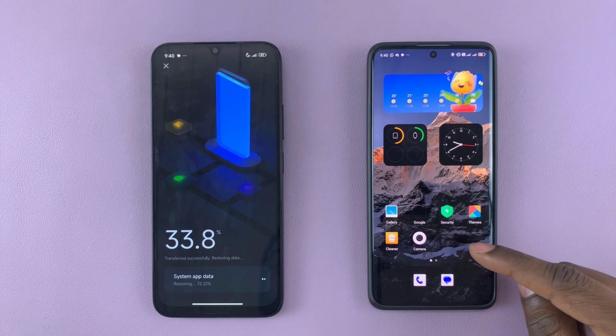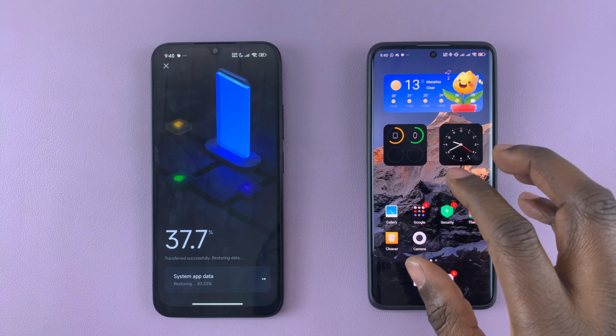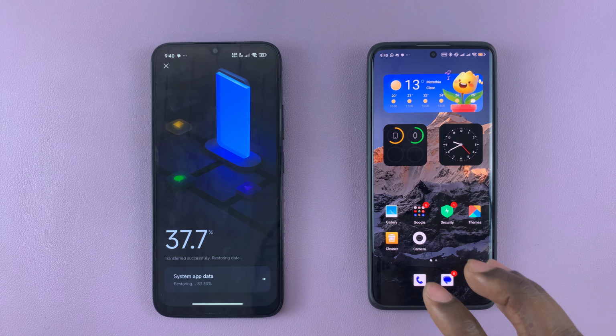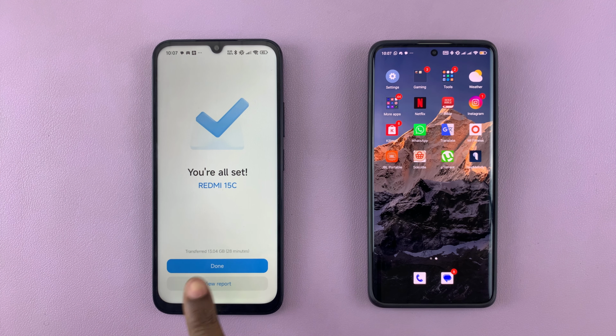Now once done, you should see the done option. Sorry, I tapped it quickly. So you can tap on done, and now all the data will be successfully transferred from your old phone to your new phone. So let's just wait on the other side to complete. Now once it's done, you should see this option. You're all set. So tap on done,